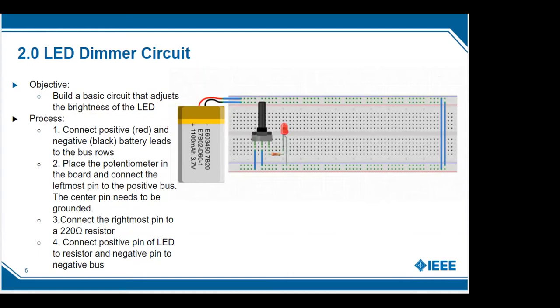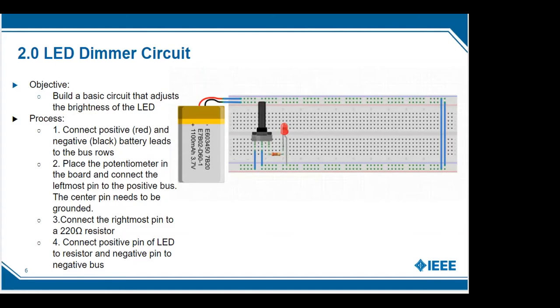So then you can see I have the positive connected to the left terminal on the potentiometer, and the left and right terminals are arbitrary. You can choose either one to be the positive or negative, but in this case I chose the left one to be positive. So the current then goes through this left terminal, and the center terminal is always ground, so